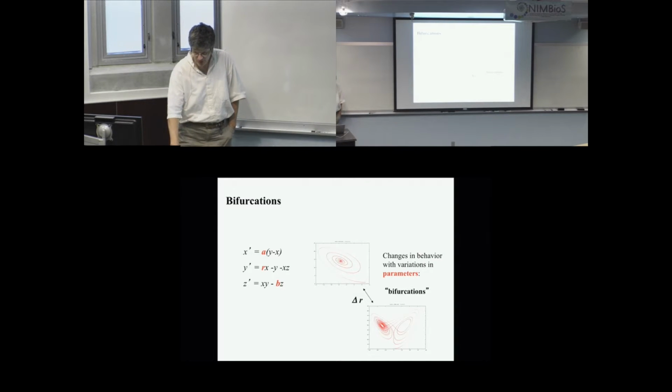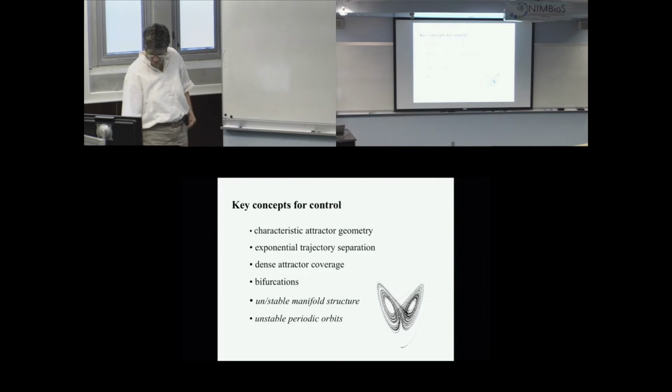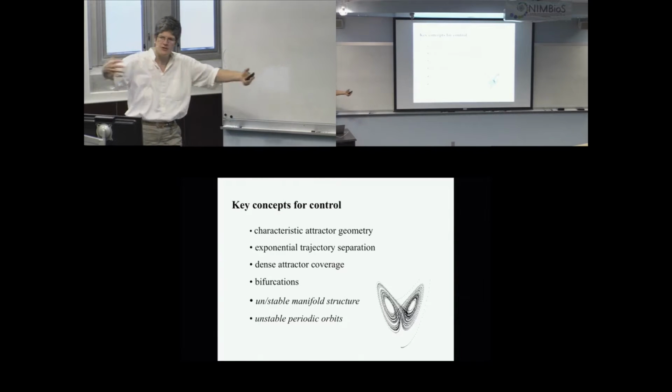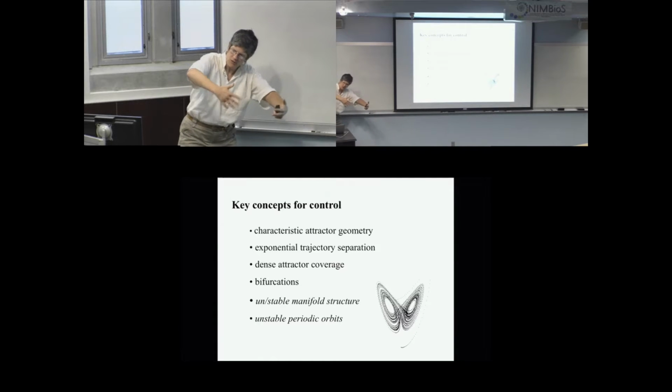So that's my Chaos 101. And the pieces of that you need in order to understand the rest of the talk are the fact that there's this sensitive dependence on initial conditions. A small change can have a large effect. But it's not that all hell breaks loose and things just blow out to infinity. There is a pattern. There's a geometry, and there's an attractor that kind of brings the trajectories onto that structure.